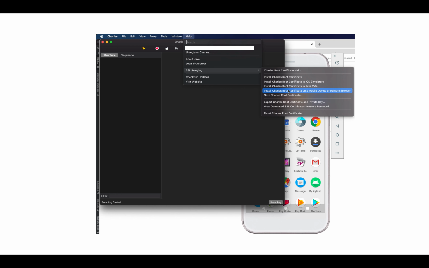Select SSL proxying, and then you will get the drop down where you need to select install Charles root certificate on a phone or device, and that will prompt you to a dialog box which will give you information regarding how to install Charles proxy certificate.